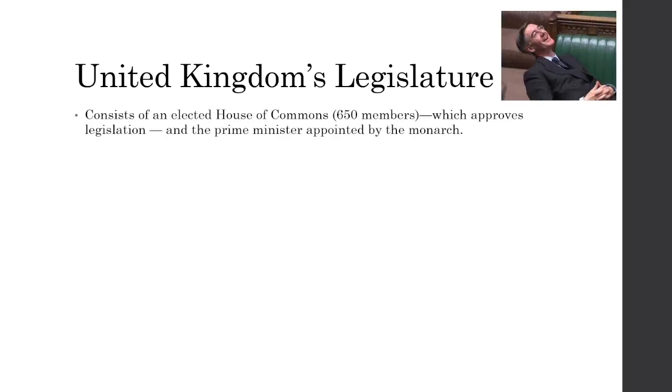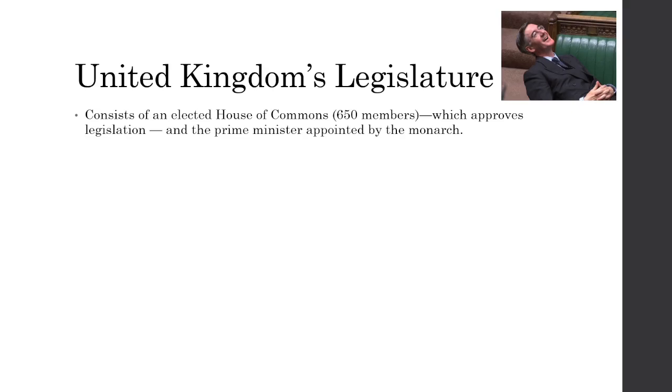I also have the United Kingdom's legislature. So it consists of 2 houses. It's bicameral. It has a House of Commons with 650 members, so it's the lower house, and they'll approve legislation and the prime minister who's appointed by the monarch. So I've said before that the parliament will appoint and select the prime minister in the United Kingdom because they don't have a president, and the people don't vote for the prime minister. And let me elaborate on this a little bit. So the monarch will appoint a prime minister, and the House of Commons will vote and approve of this prime minister,